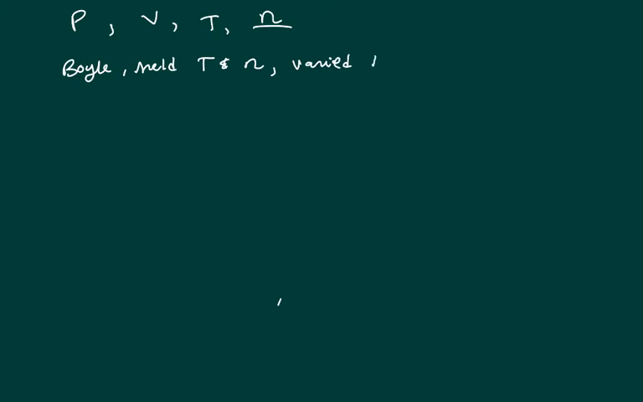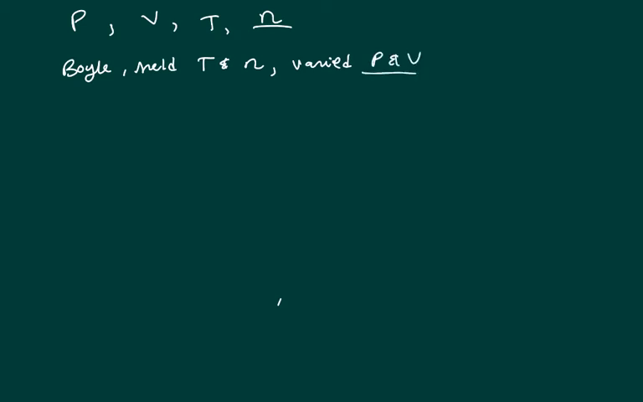Okay, let us look at the four variables that we were examining with gas laws. We had pressure, volume, temperature, and n, or the number of moles. And we had the different scientists who studied some of these variables and how they related to each other. So Boyle, he held the temperature and the number of moles of a gas constant, and he varied pressure and